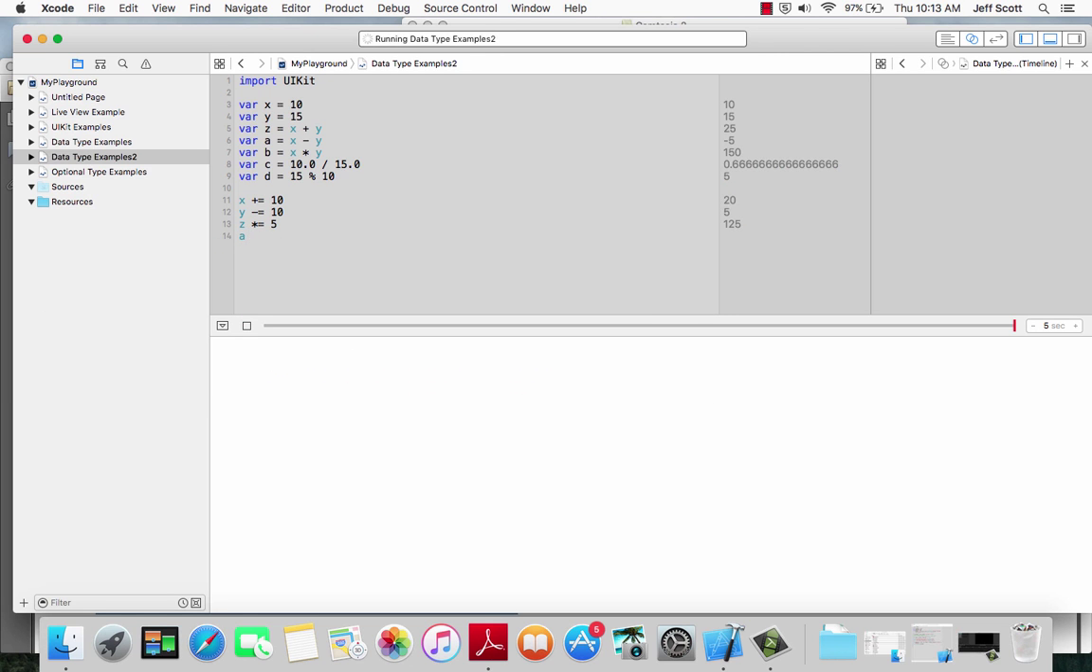Divide equals, that was negative 5. Let's say, how about negative 1? Negative 5 divided by negative 1 is positive 5. Okay? And finally, the modulo. So if we say,